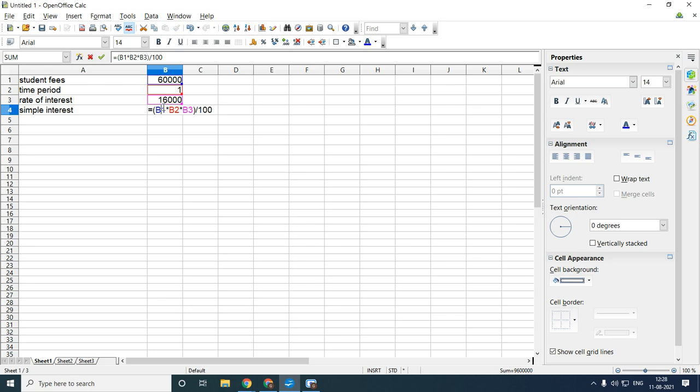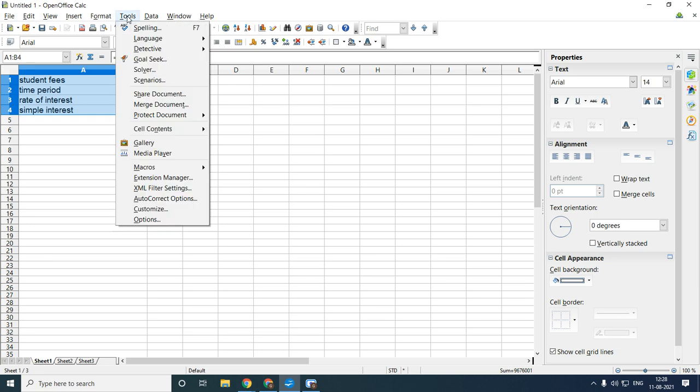If you write your own value, then whenever you find the what-if scenario, your answer will be wrong and it will show an error. So you have to find the simple interest with the help of the formula. Just press enter. Now you want to find out the scenarios for that. Instead of creating multiple sheets, I'll create the different scenarios in only one sheet. To create the different scenarios, just select the data which you created.